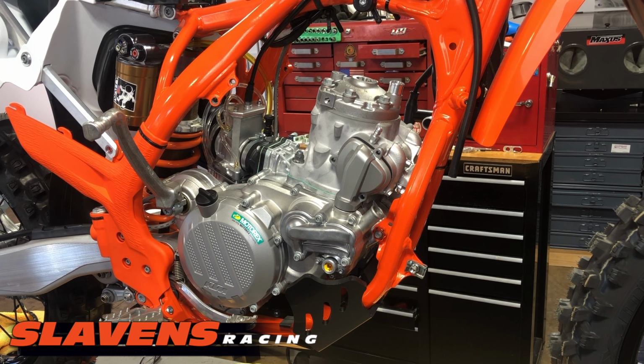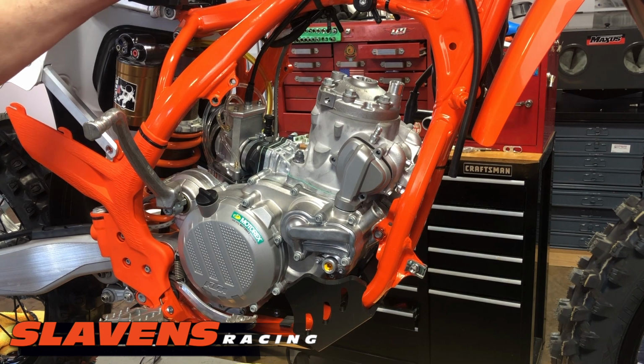So I just ride them. I don't ride them extremely hard, but I just ride my bike. I just go out on the track or the trail, wherever I am, and I ride. And that doesn't mean rev the guts out for the first 5 minutes. That just means ride it reasonably, run it through the power band. It doesn't hurt to rev it. I wouldn't be doing sand washes or big hill climbs for the first hour or so,